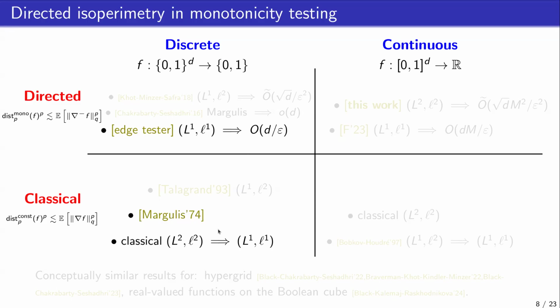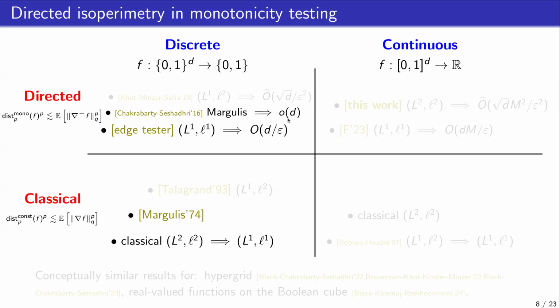There's an inequality that is not in Poincaré form, but is isoperimetric in the classical Boolean world, called the Margulis inequality. It turns out that this implied the first tester with sublinear query complexity in the Boolean case. This was by the breakthrough work of Deeparnav Chakrabarty and Seshadri. They were the first to observe this connection that I'm telling you about, so this connection is really due to their observation. And they used it to get this first sublinear tester.